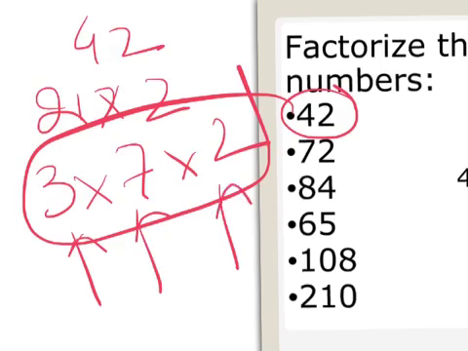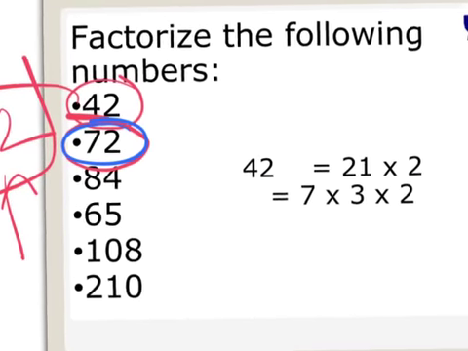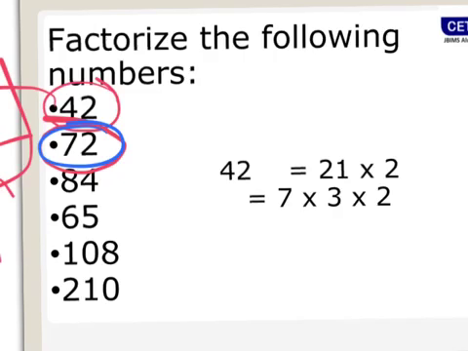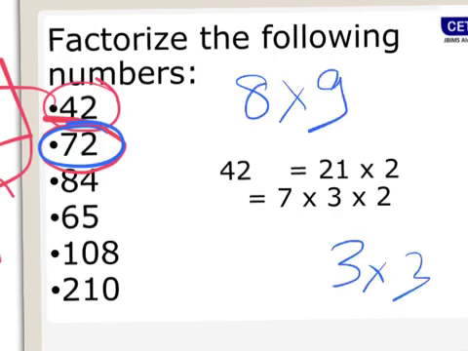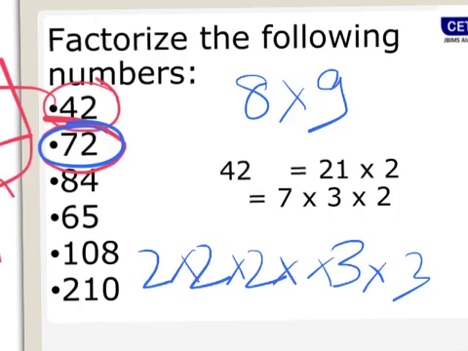ठीक है चलेगा. Now can you find out the factors for 72? Break them to the easiest part first. 72 I can break as 8 into 9. 9 का factor 3, 3. 8 का factor 2, 2, 2. Are you with me? Any doubt in this? It is very, very basic. Fine.